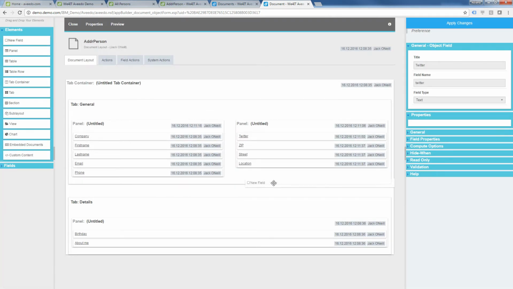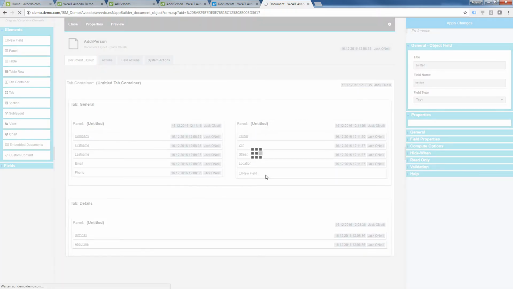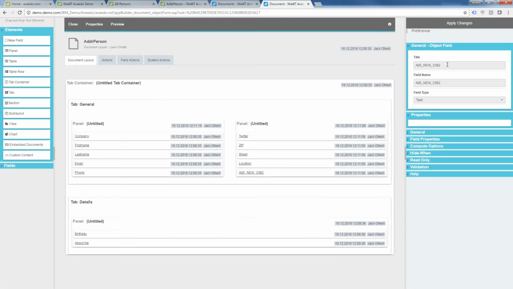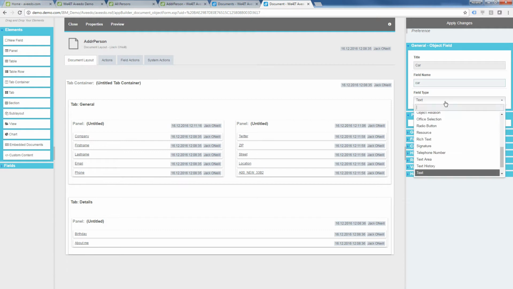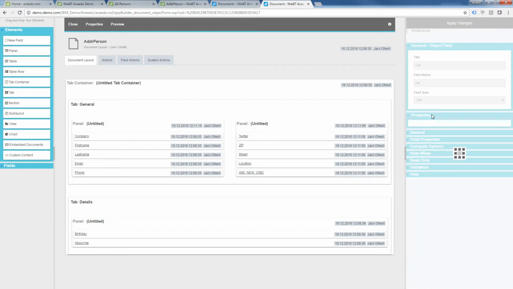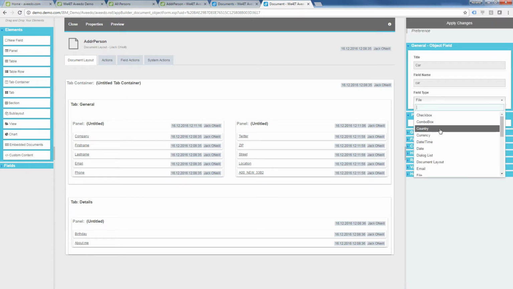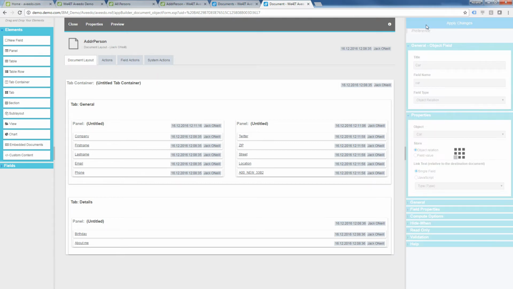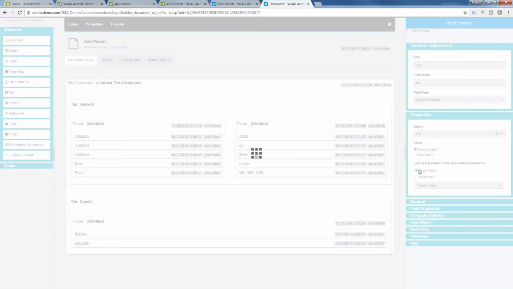And the next thing I want to show you is how to add a database connection to the fleet management application. So I add a new field called car, and this field is not a text field, but an object relation. Now I can select the object that I want to relate to. In this case, it is a car, and I want to show the car by type. Once I apply these changes,